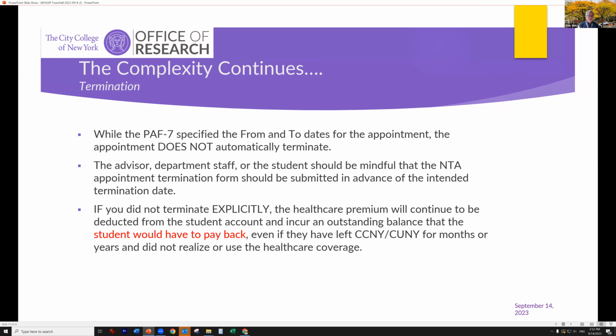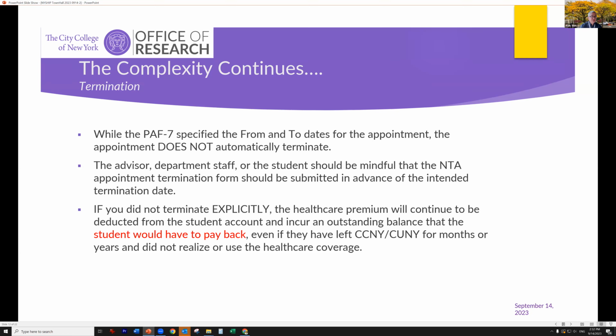So termination is very important as well. Even though the PF7 specifies the from and to dates for the appointment, my understanding is the appointment does not automatically terminate. And we don't want to terminate the whole batch of students simply because the academic year ends, and then start the appointments again. The reason is that may cause gaps in the coverage of health insurance,